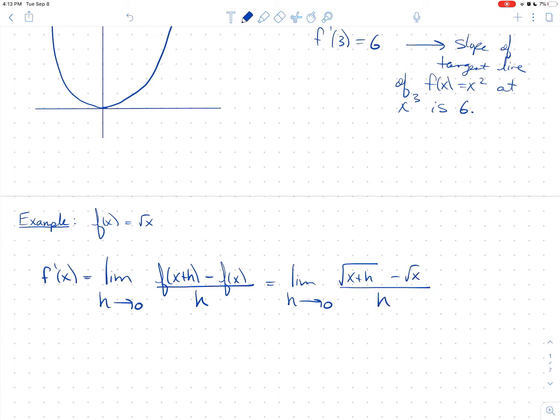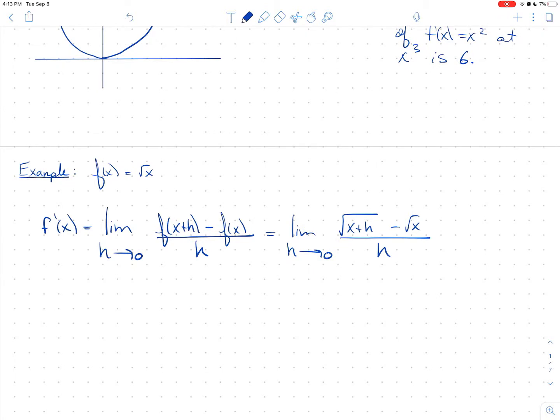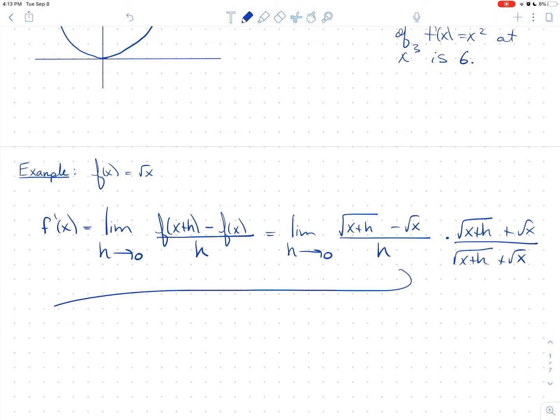And now at this point, this looks sort of awful, but you hopefully remember the tricks that we talked about back in chapter 1. I encouraged you, when you see a limit like this and it's indeterminate form, which this is, this goes to 0 over 0, then try multiplying by the conjugate whenever you see these radicals involved. And so let's just try. Maybe it won't work, but we're going to multiply by root x plus h plus root x over root x plus h plus root x. And so I get,